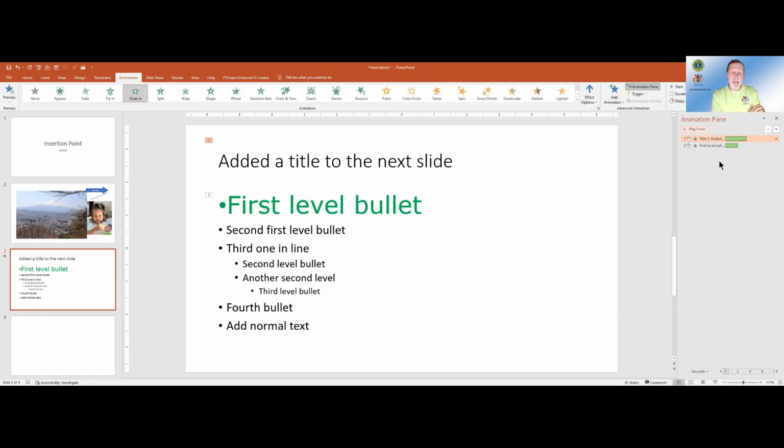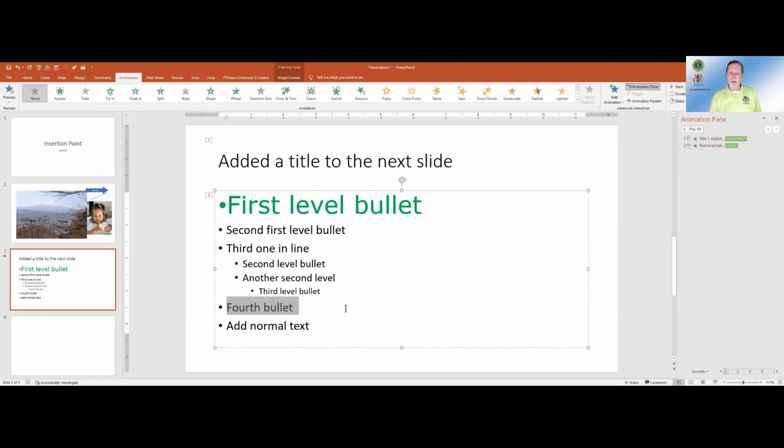Every time you assign an animation, it is assigned the sequence. If I create another one, even if it's way down here, that's going to be animation number 3. And then I assign another animation up here, that's going to be animation number 4. So be aware. On the other hand,